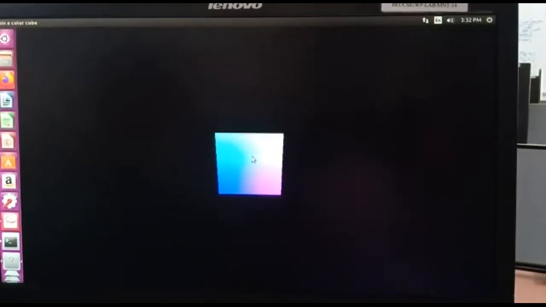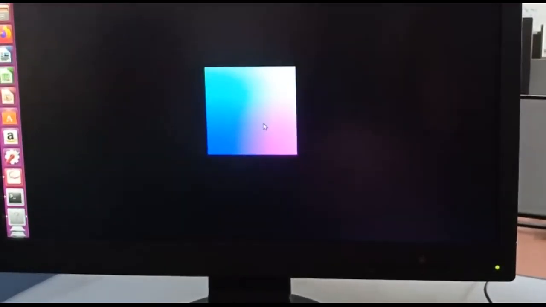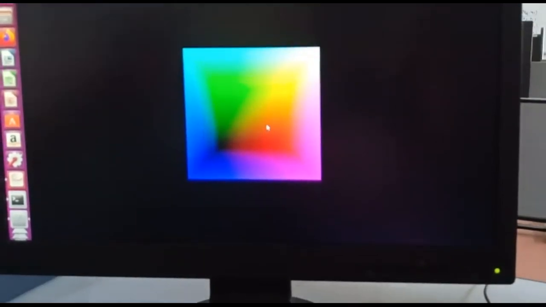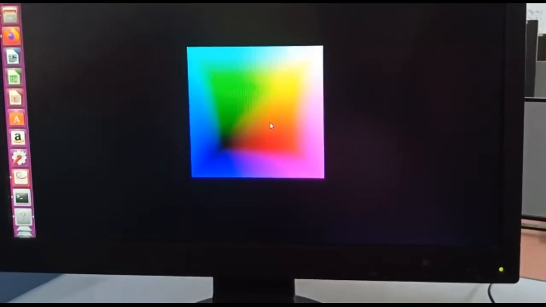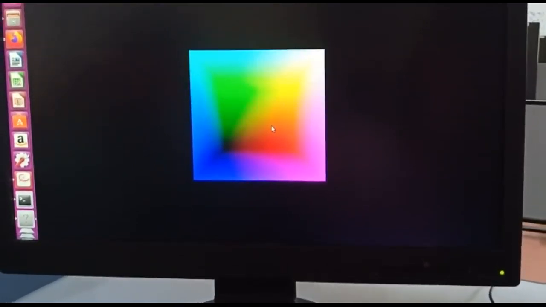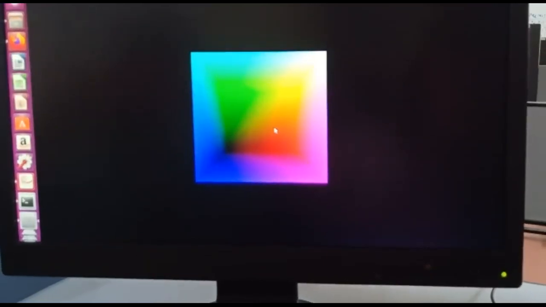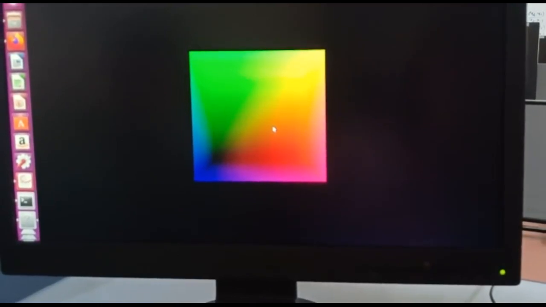Then we will see the Z. Again, the same thing. If I press small z, we go to the negative side, which means the object comes towards you. That's why the object looks bigger. You see, the object is looking bigger because you are exactly in front of the object and it is coming towards you. When the object comes near to your eye, it automatically looks bigger, and if you go even closer the object will look blurred. This is negative Z.